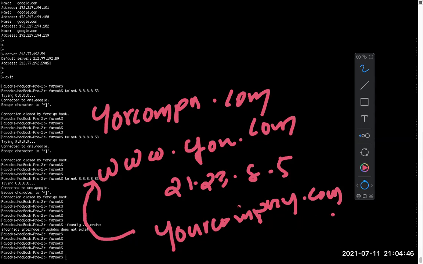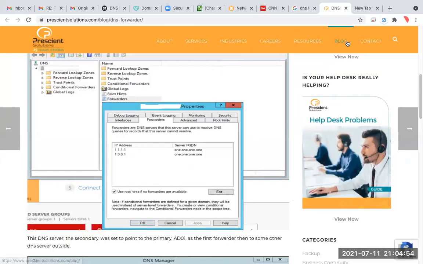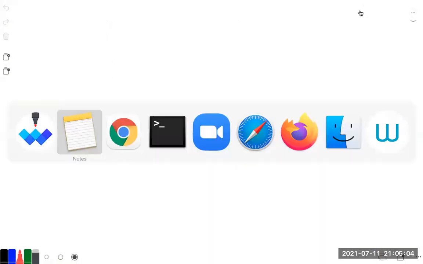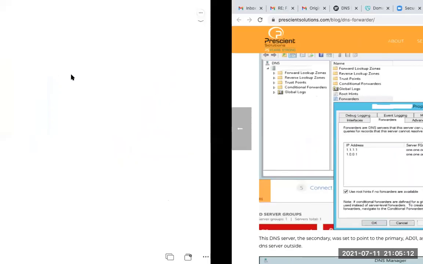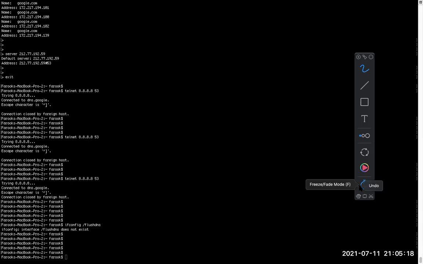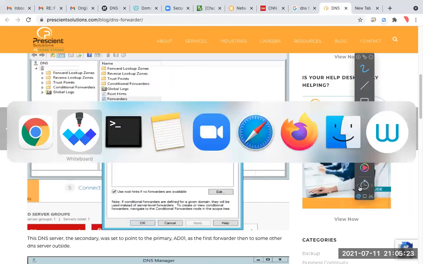So what you need to do is have an extra zone inside. Oh, sorry, that's different. You need to have a www record inside your company Active Directory. So you can just go to the forward lookup zone and add an additional record with this www and add it. If you have confusion, you can just ask me.